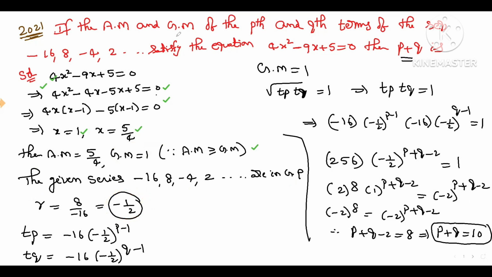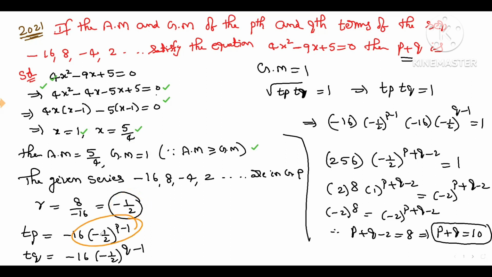In the statement, the AM and GM of the Pth term and the Qth term. So the term Tp is equal to, what is the nth term formula? Tn is equal to A into R to the power n minus 1. So Tp is equal to minus 16, because the first term, minus 16, is A. A into R to the power n minus 1, minus 16 into minus 1 by 2, R value is minus 1 by 2,